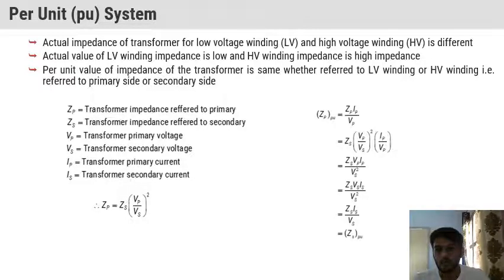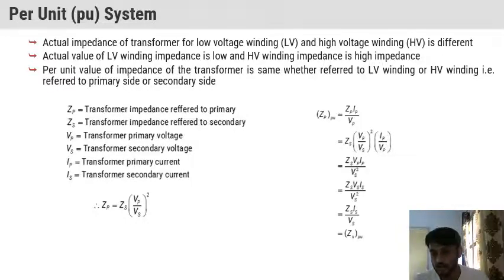After some modification, the square values are compensated: in the upper part we have VP square, and in the lower part we have VP. Then one VP gets cancelled out, and we get this equation. Now if we convert these values from ZS to VP and IP, this multiplication represents the primary side power. P is equal to VI. So VP into IP will be the same as VS and IS, because power is never converted.